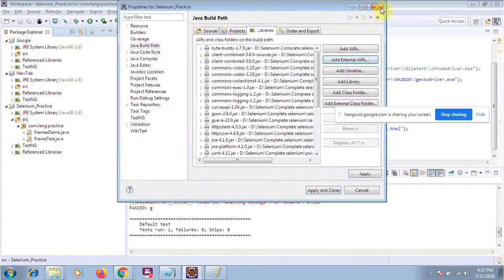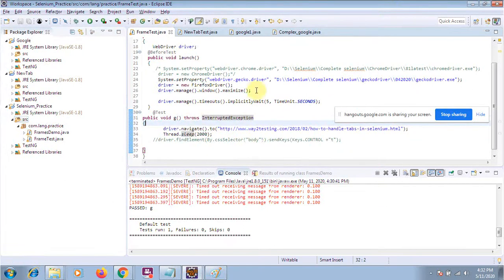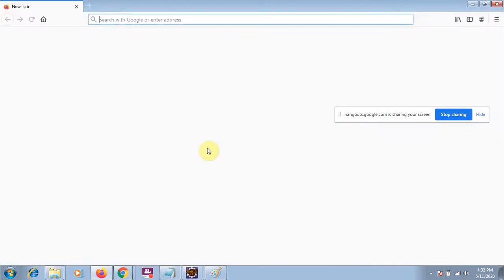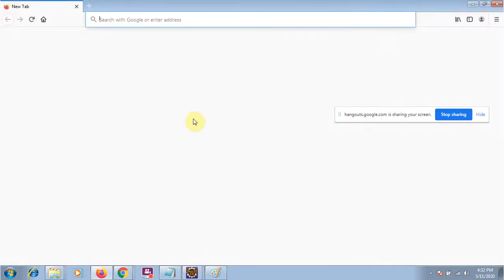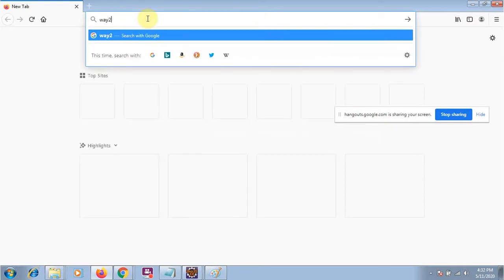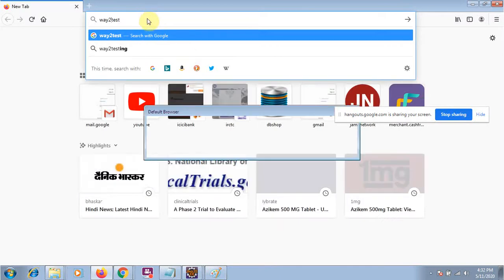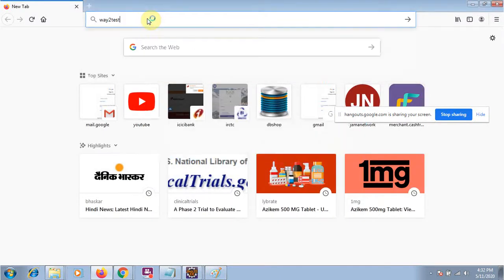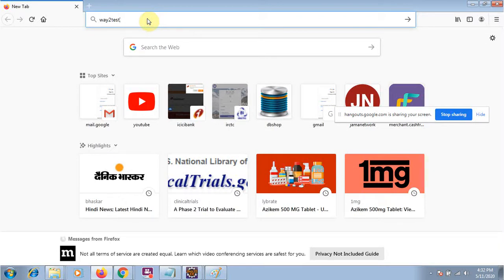First, let me tell you what tabs actually are. I will open this browser. Up to before Selenium version 4.0, we needed to press a key like Control plus a key. Suppose this is my window, and I want to open my website like .com. Now if I want to open a new tab, we need to press the Control key or this plus icon.